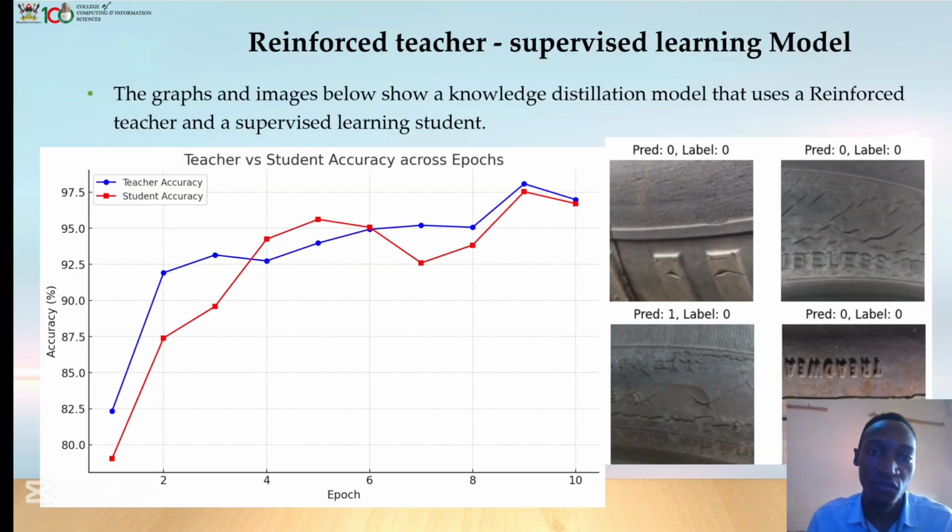So we developed about 10 models, and one of them was a reinforced teacher supervised learning model, whereby the model used a reinforcement learning technique to train the teacher model and then transfer the knowledge to a lightweight student CNN model. The results looked quite accurate, with about 97 accuracy and also 94